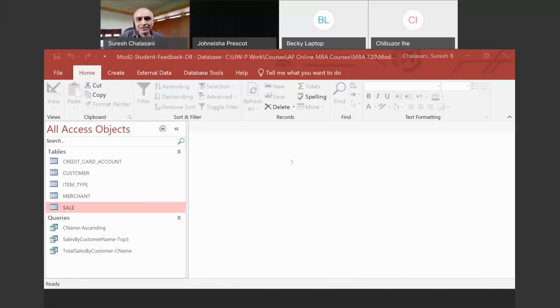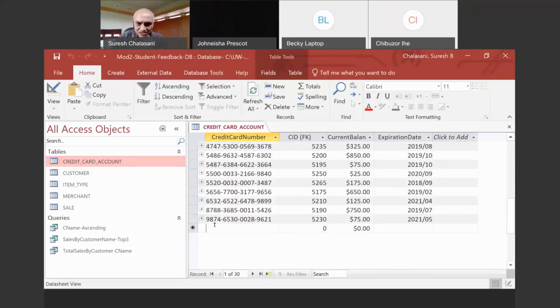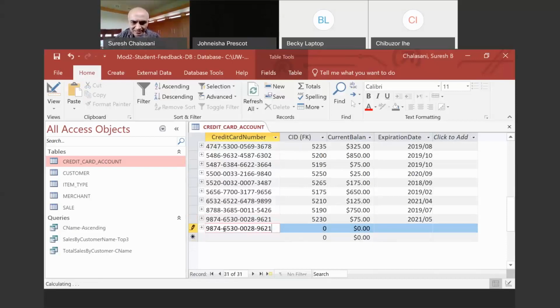Okay. So in other words, that's a really good question, so let's go through this. I can try to make up data in the credit card account, right? So let's say that I try to make it 9876, a new row.